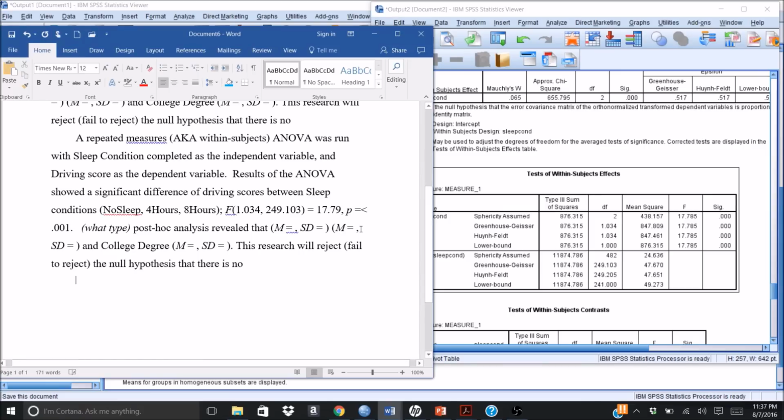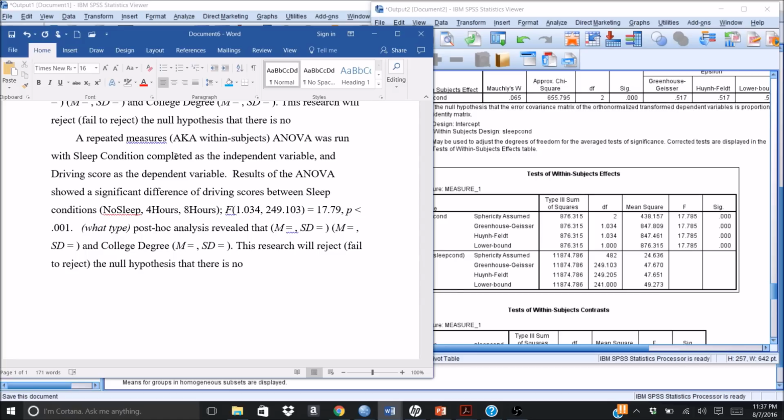So there is our F. Whoops, let me take out this equal sign. It should not be there. It's either equal or it is less than. It's not both. So that is our F statistic. We've now written our F statistic, but we're still missing our descriptive statistics, and we're missing